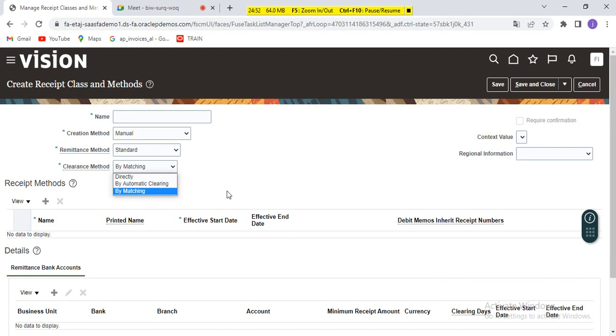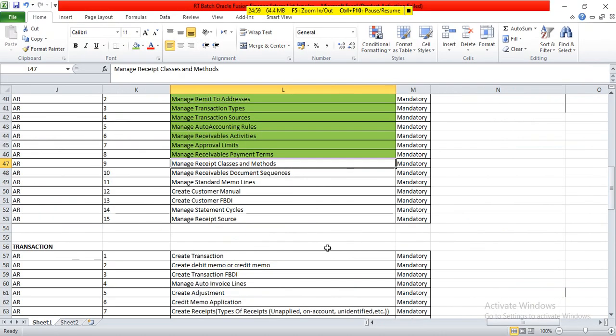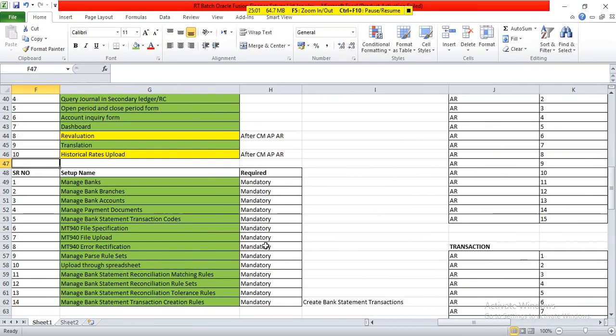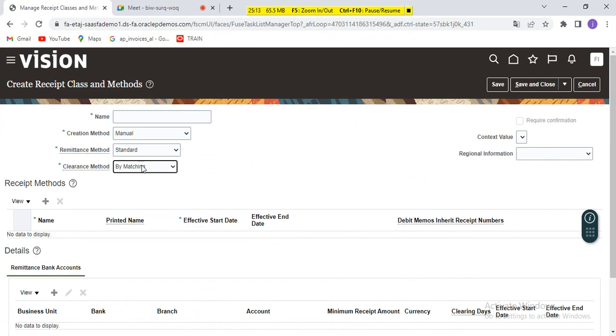Okay, simple. I will ask you one question. In cash management, we define some rules, right? Auto reconciliation rules. What is the name of the class? Matching rules, correct. What is it saying? It is matching something, right? So when you keep it as matching,